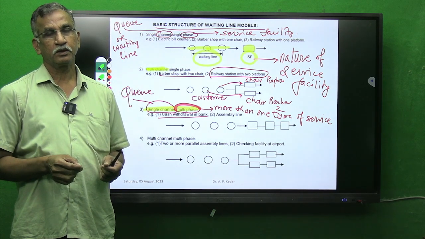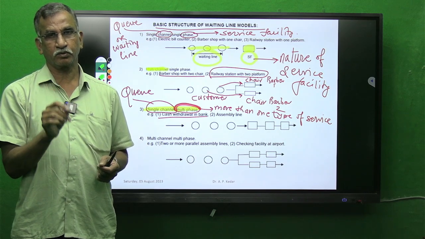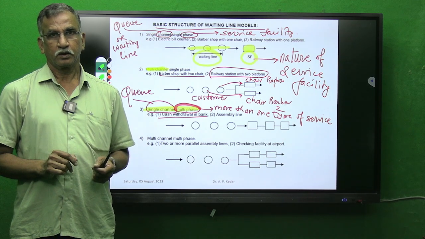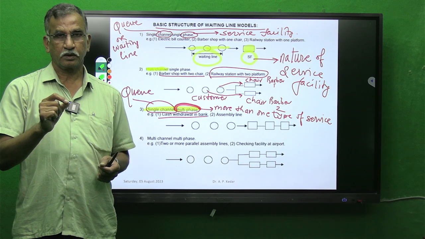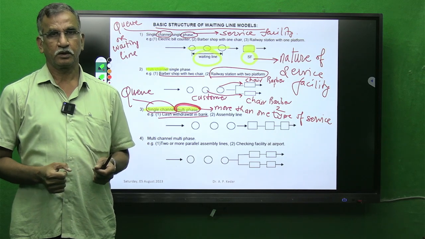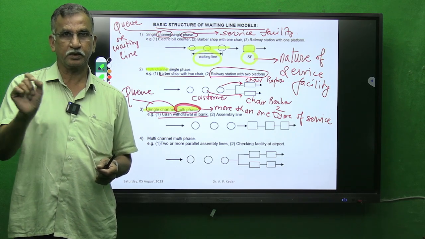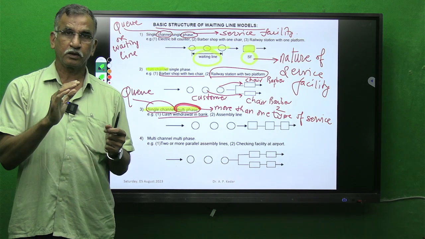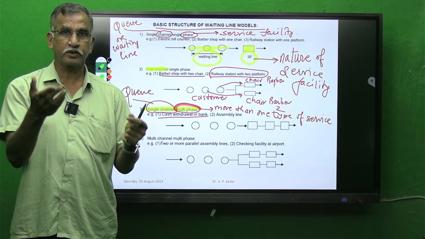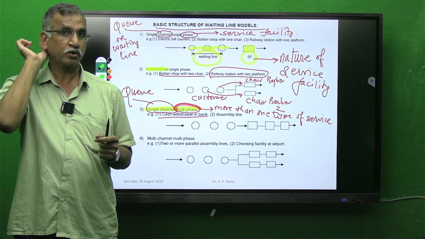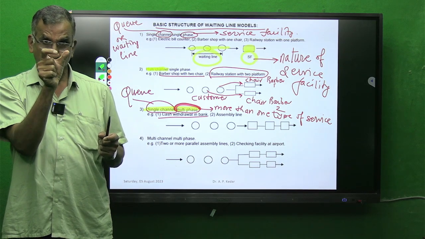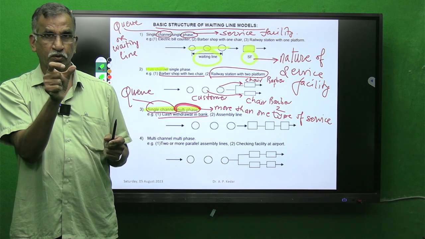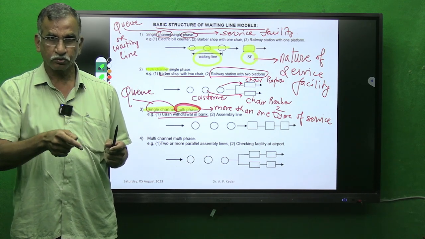Then the cashier attends to that particular slip, puts a seal on that, asks you to sign again on the withdrawal slip, and then he pays you the cash which you have demanded. So your withdrawal slip or withdrawal voucher has gone